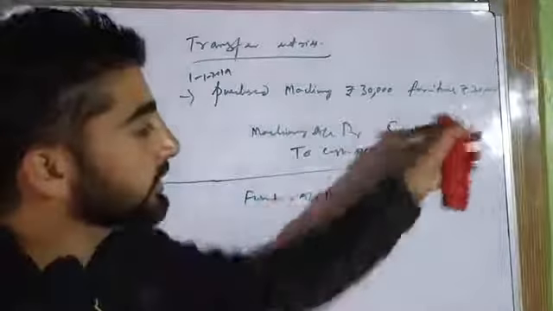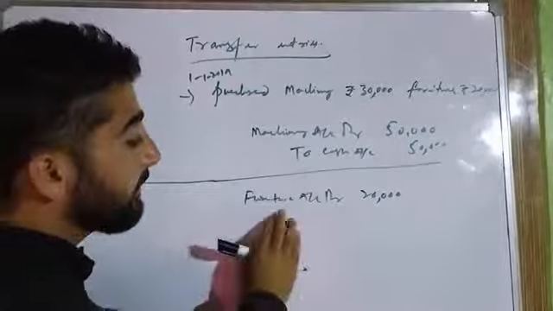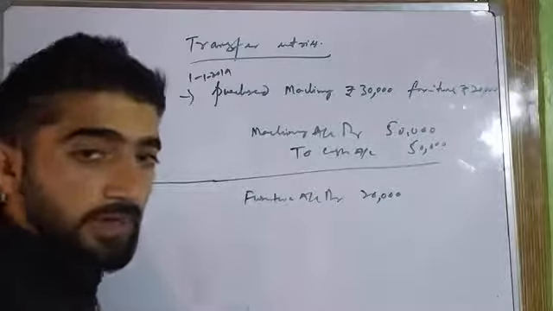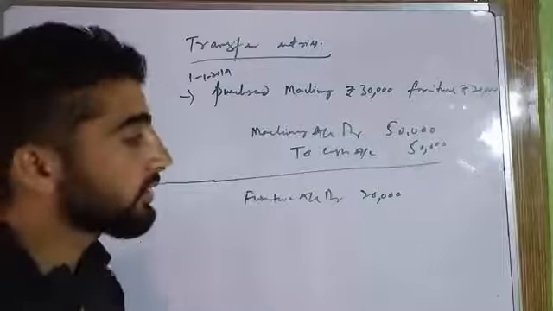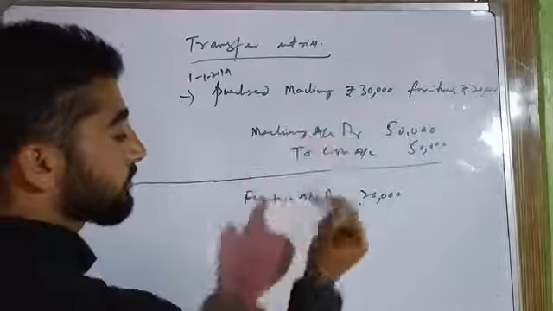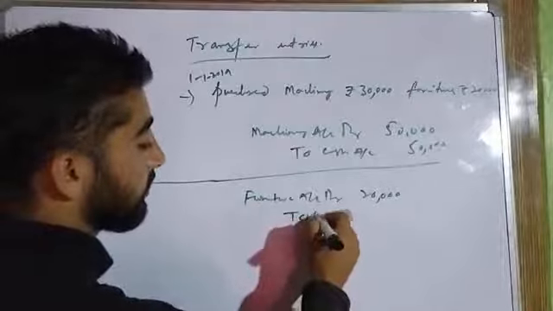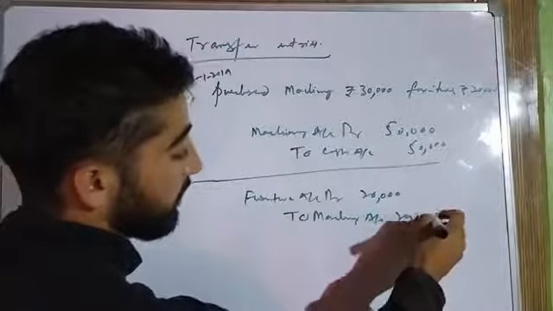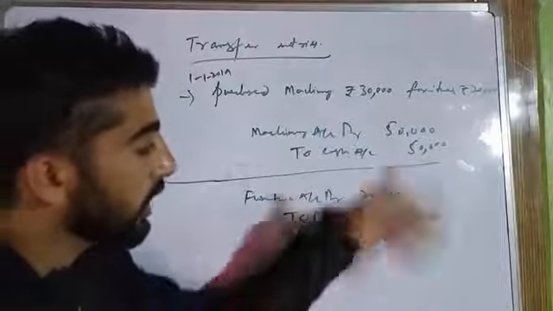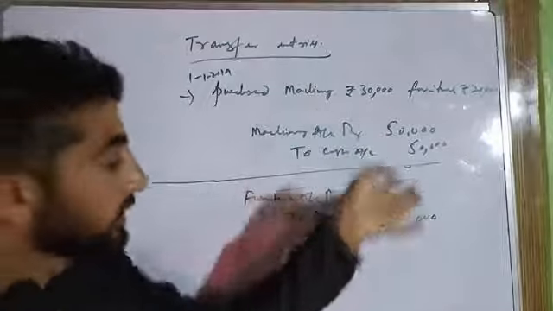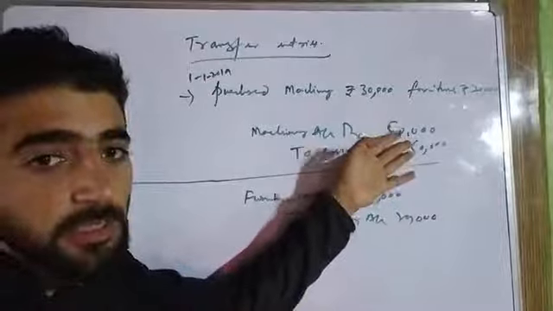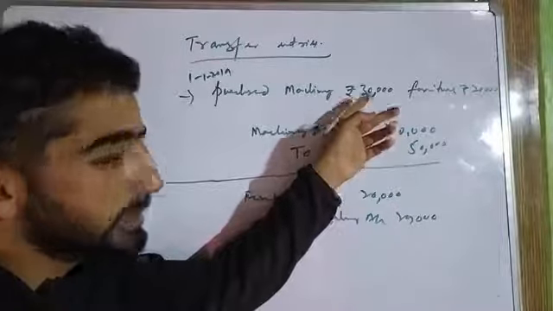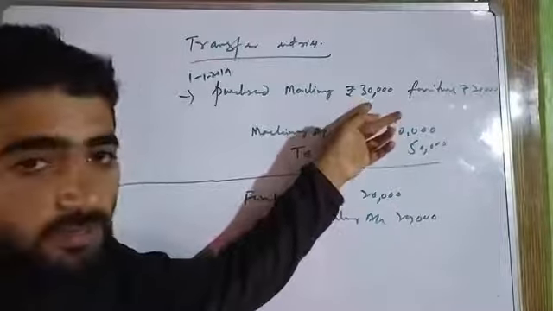Furniture account debit rupees 20,000. We debit this furniture account rupees 20,000. But from where did we get this 20,000? We transferred this 20,000 from machinery account to furniture account. From machinery account, we took away this 20,000 out of this 50,000, because this 50,000 comprises only 30,000 of machinery and 20,000 of furniture.